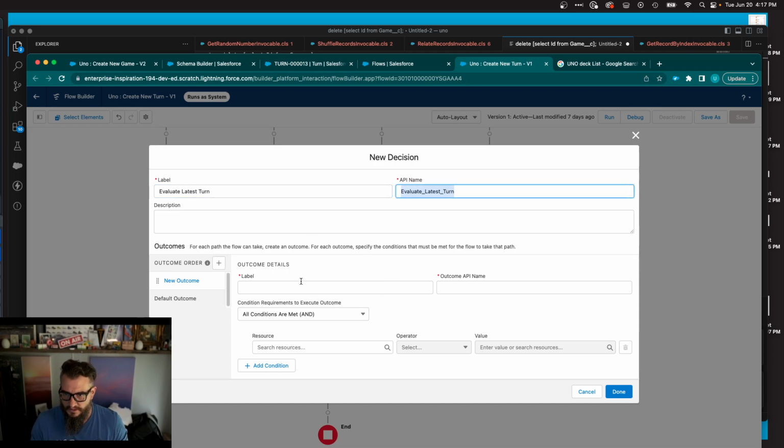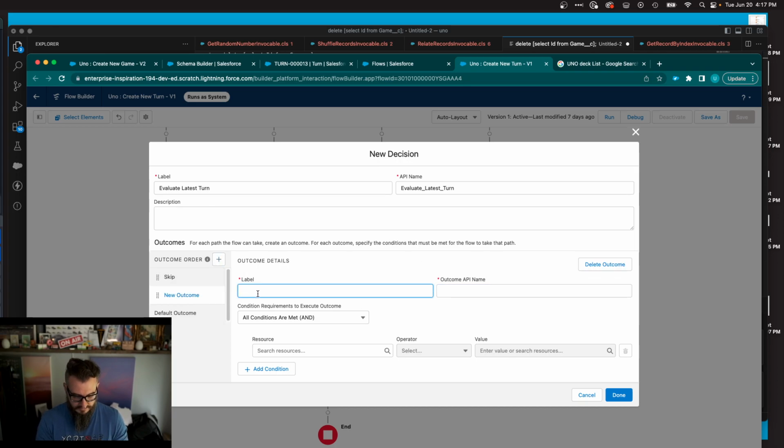Okay. And then the outcomes here could be if the latest turn was skip, draw 2, draw 4,